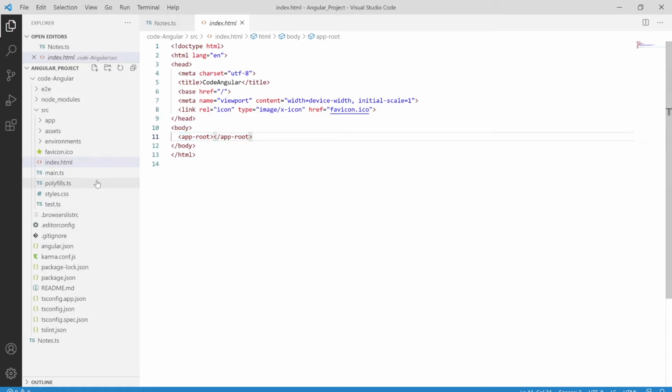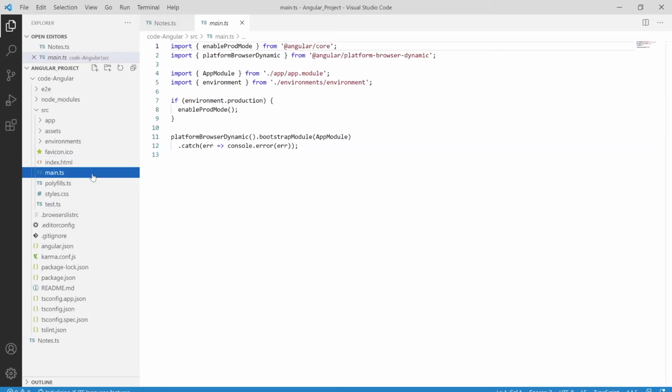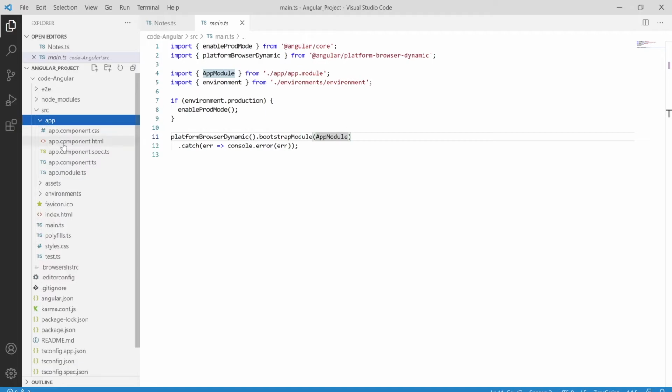So you can go to main.ts. If we enter npm start or ng serve, it will hit this main.ts, and it also has some dependencies. If you check over here, it will bootstrap the app module.